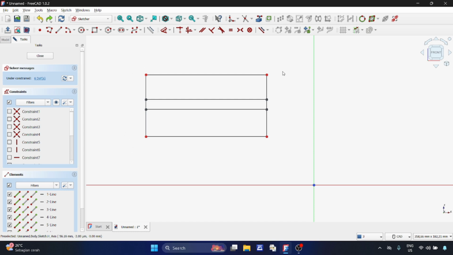Now for a more realistic example. I have a rectangle, and a line cutting right through it. I want to split this rectangle into two separate shapes where this line cuts across. I'll click the Trim Edge tool again, and then move the cursor to the part of the rectangle's line that sits between the two intersection points, and click. Look at that! The rectangle is now effectively split into two separate, closed shapes. This is very powerful for creating complex geometry.